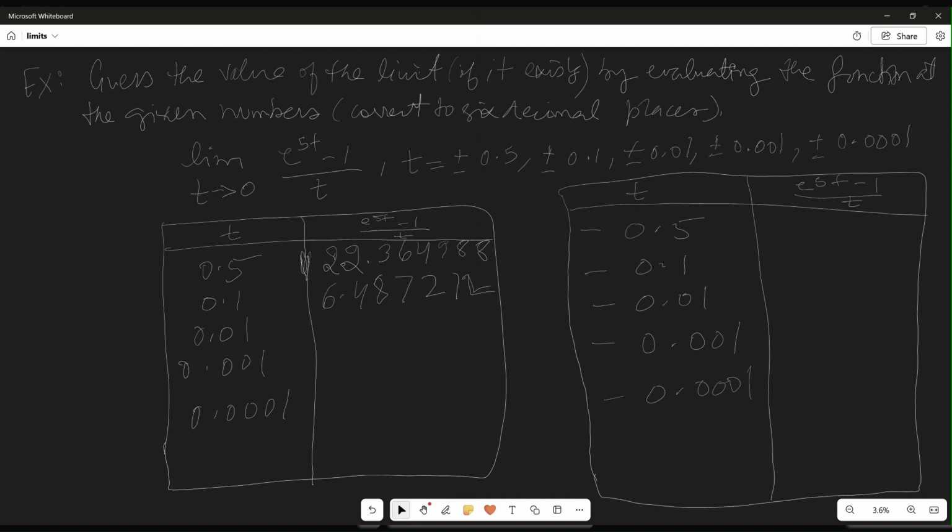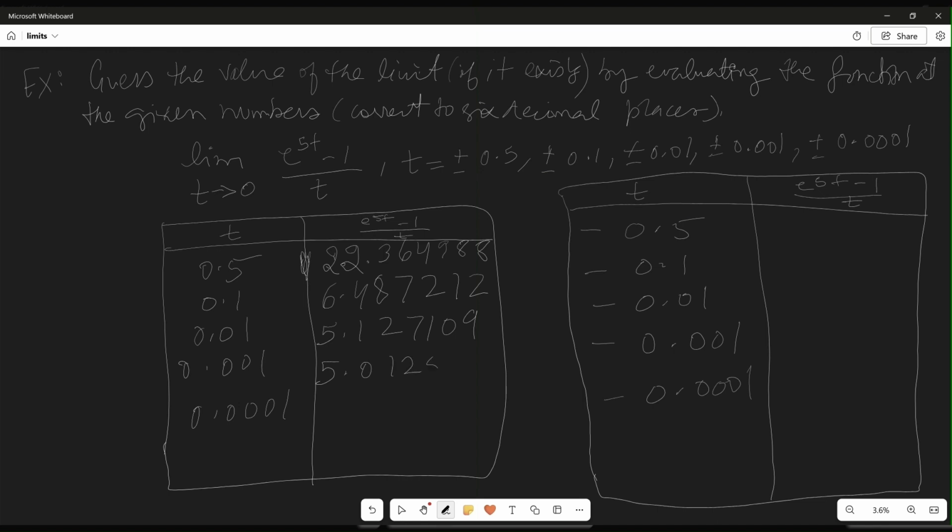As mentioned in the problem. Excuse my handwriting here. And at 0.01, the value for this function seems to be 5.127109. And at 0.001,